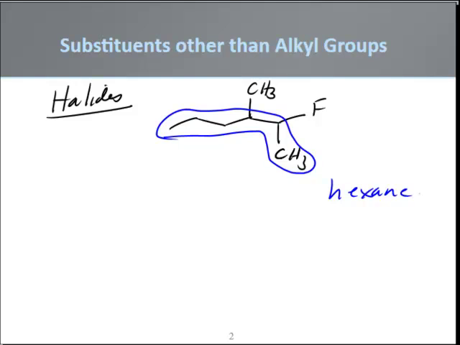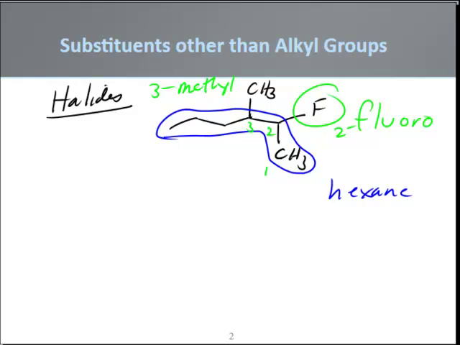And then we would start numbering just as we've done before in a direction such that the two substituents add up to the lowest possible combination. And for halides, the numbering system is the same priority system as alkyl groups. So numbering this from the right shows that I have a fluoro substituent, and notice the spelling. So we have a fluoro substituent, we have a methyl substituent, and the numbering suggests that going 2-fluoro, 3-methyl,